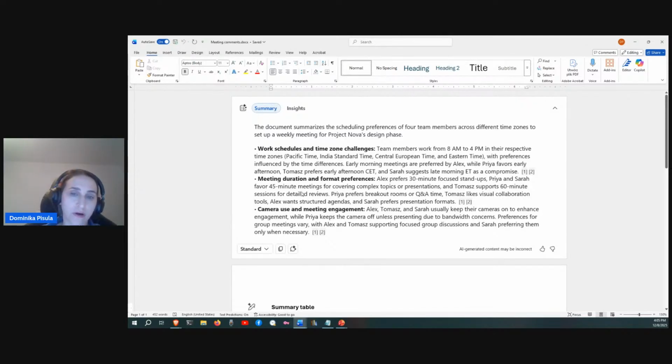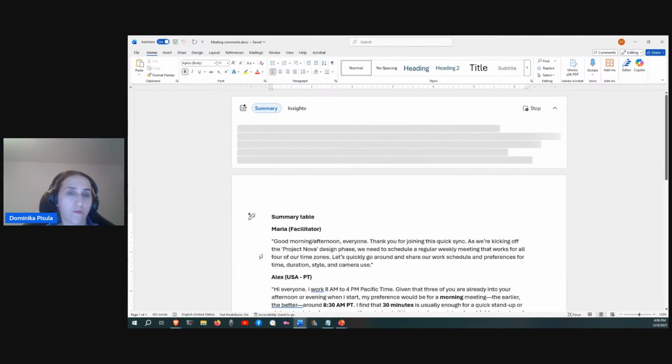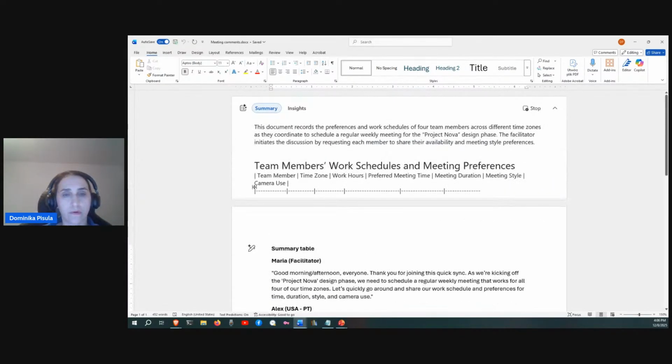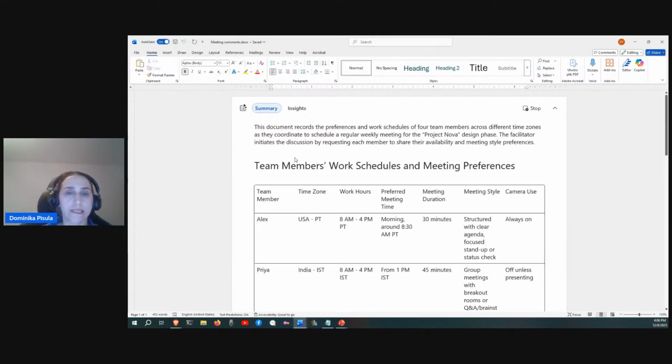This is the kind of standard summary which we can get with Microsoft Copilot. We can also go to the links and check if Copilot provides us correct information. In Microsoft Copilot, we have different types of summary. We can choose brief, and automatically Copilot will change our summary to a brief one. Or we can be more curious and go to the detailed one. So you can see there is a nice table generated by Microsoft Copilot